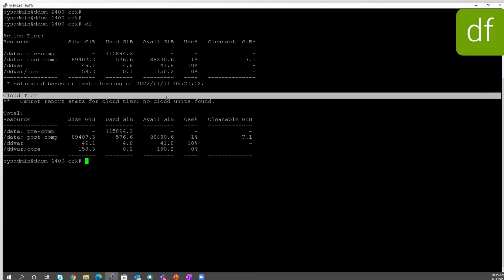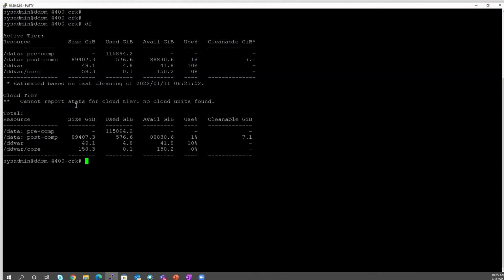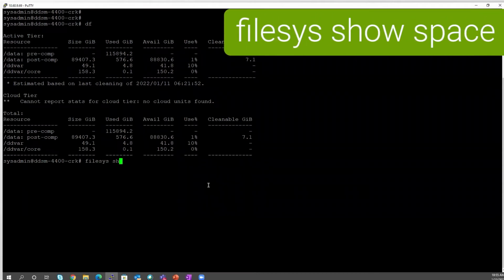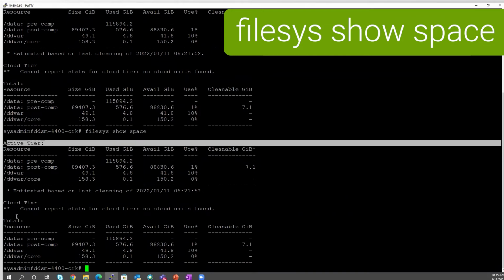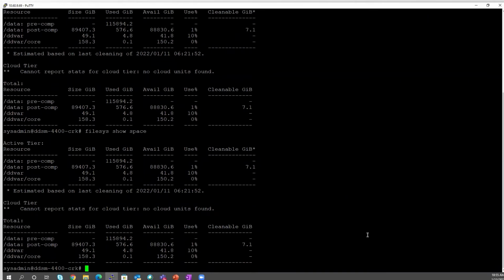Since there are no cloud units configured here, it's unable to pull up that information; it doesn't have any information for the cloud tier to display. The other command that you can use for the same output is filesys show space. It will also give you tier-wise utilization: active tier, cloud tier, and total.